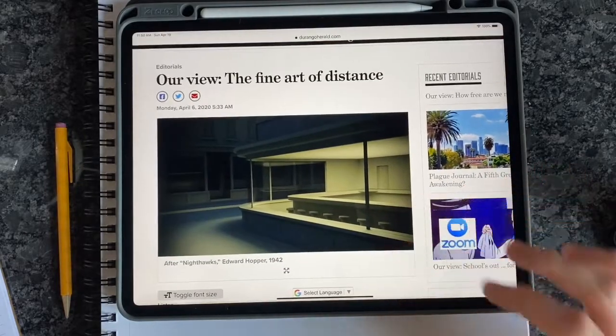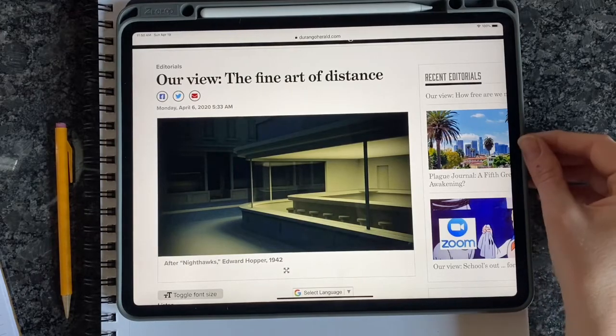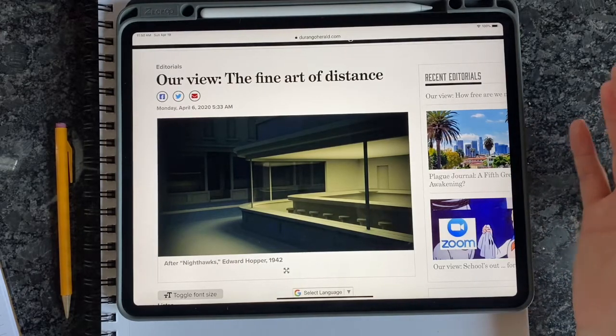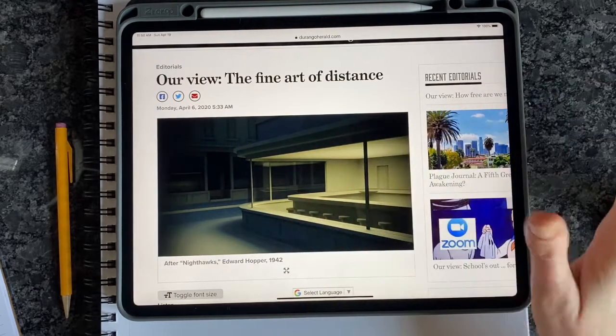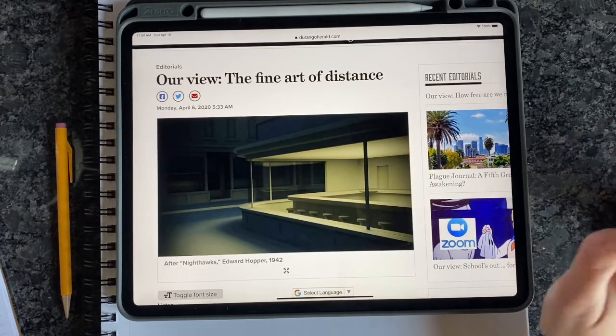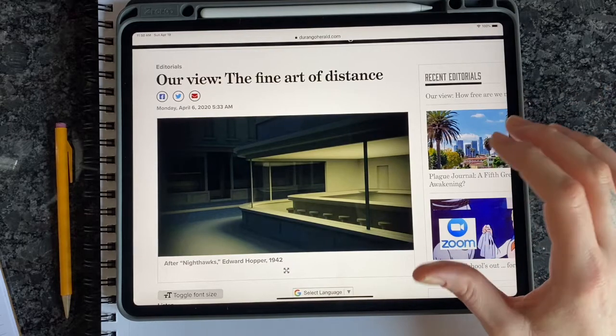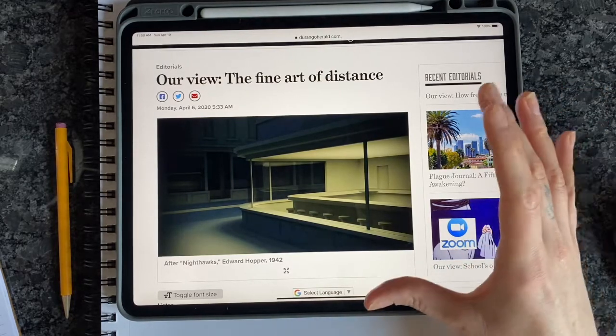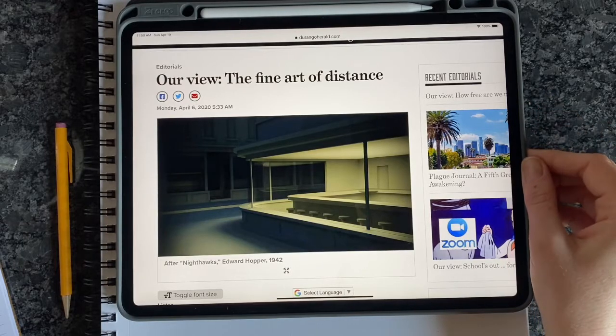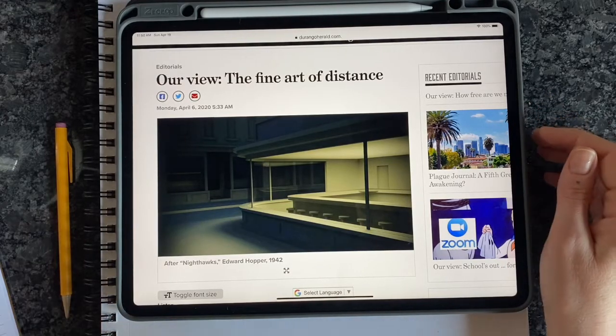But what they're saying is that Hopper was actually commenting on social distancing in some way, but this artwork goes ahead and takes it one step further and removes all of the people. So complete social isolation. So it is building on the meaning, but also changing the original meaning as well. So this would be an example of appropriation. He's not trying to take credit for this artwork fully.